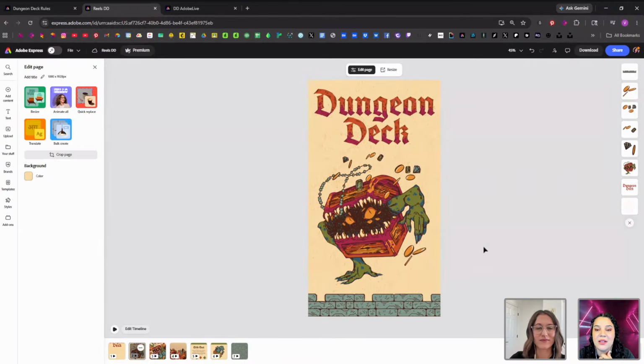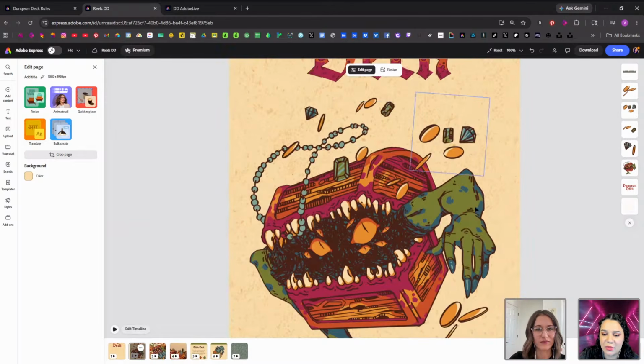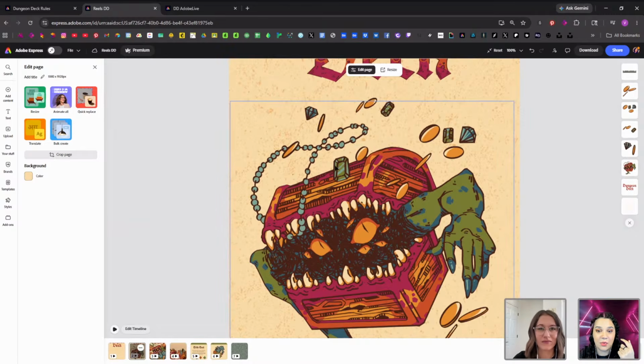Something I've done before is paint illustrations in layers, so that for this guy, maybe all of these gemstones could be painted separately to begin with. Maybe I could even paint the pearls on a separate layer as well, and then put a wiggle animation on them in Express so that they are flailing around. You can get pretty detailed and pretty clever with just the simple gestures available to you in Adobe Express. Highly recommend it.